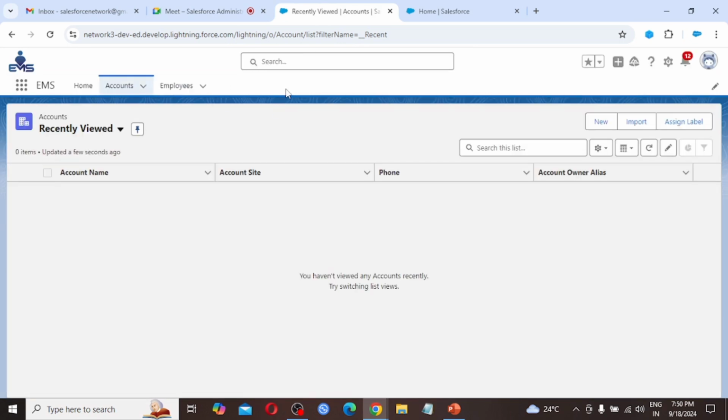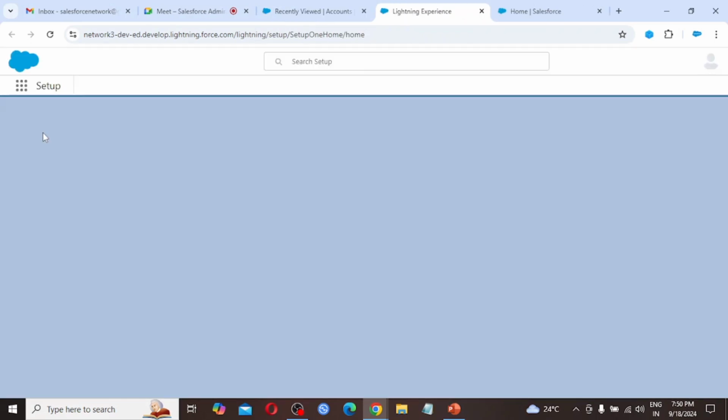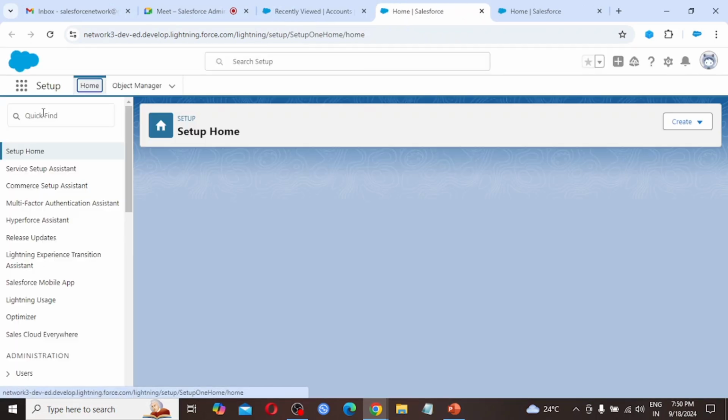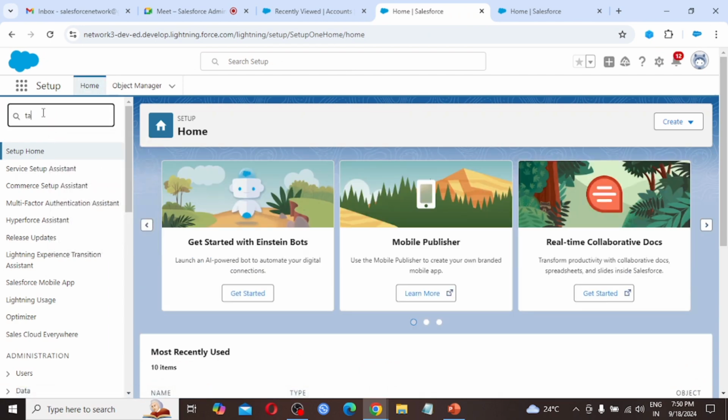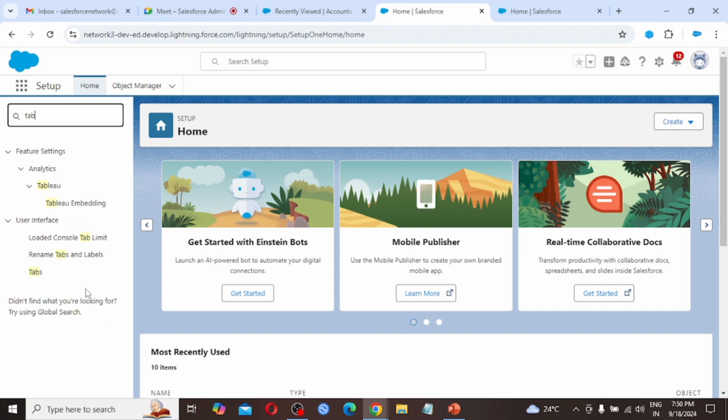See, that is not visible. So click on setup, again setup, search for tab in the quick find box. So tabs in user interface, tabs are coming. Click on this.